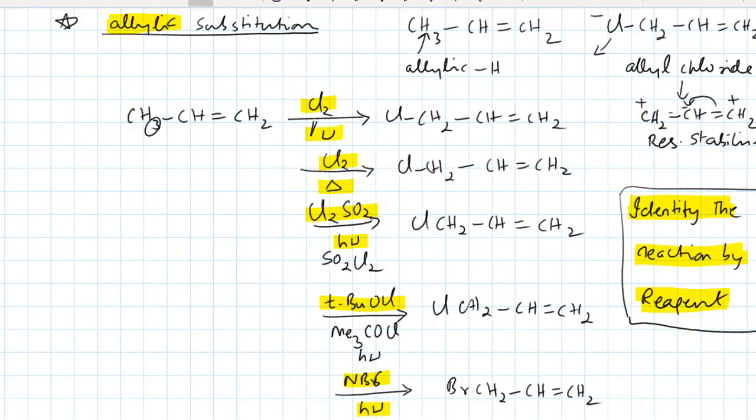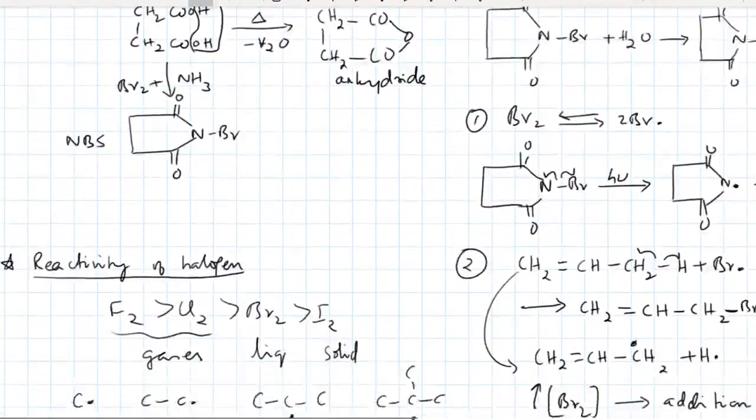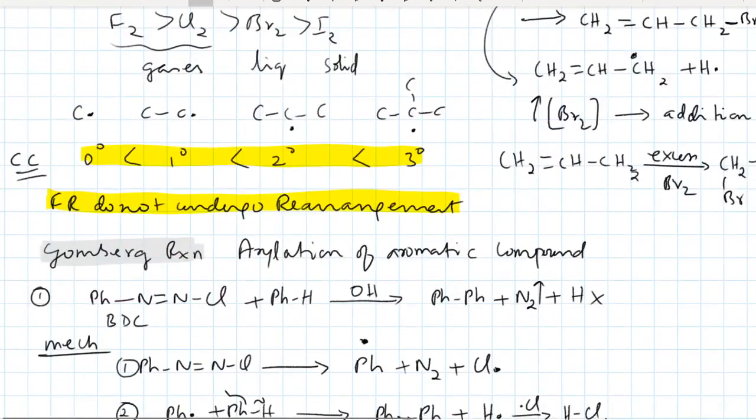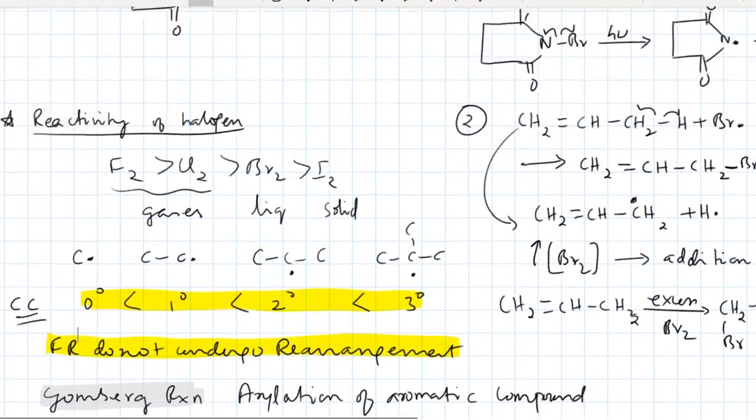Okay, so remember the reagents, and whenever you see these reagents, remember that they undergo a free radical type of mechanism, and for that free radical, you should know which free radical is more stable. That you can find out using this relation. I told you this is similar to carbocation stabilization, but they do not undergo rearrangement. Okay, so I have explained to you the free radical substitution in both aliphatic and aromatic compounds. For aromatic compounds, I told you in the case of the Gomberg reaction, there is arylation of that aromatic compound, but the mechanism is the same. So it goes by 3 steps: chain initiation, chain propagation, and chain termination.